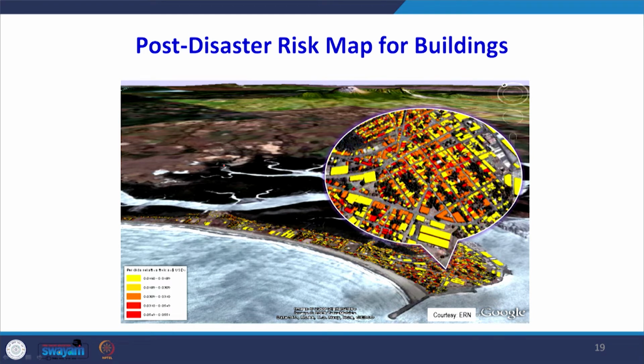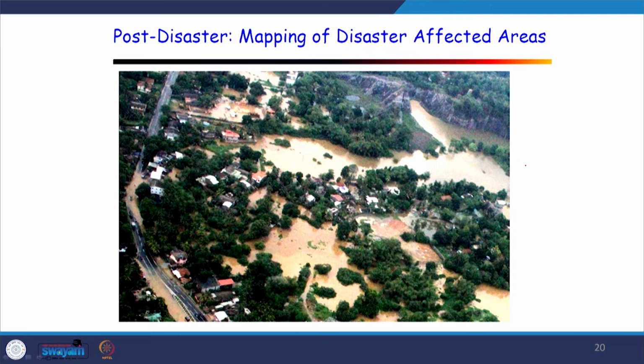Now, these images are also very useful for post disaster risk mapping. A flood has taken place in the area and there are buildings which are submerged in the flooded area. So, how much area is flooded, how many buildings are affected, that kind of study is possible with the help of the images, because flooding is a very recurring kind of problem in India and many other countries.